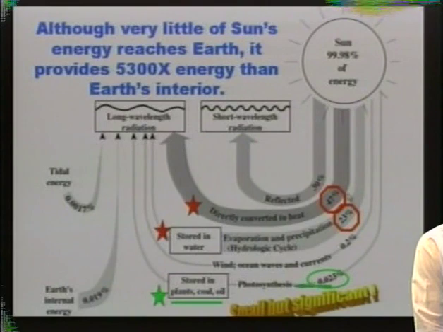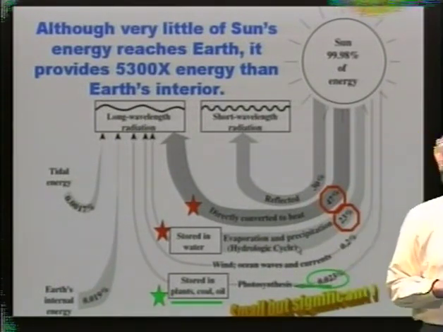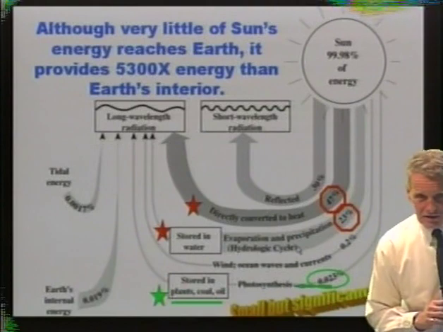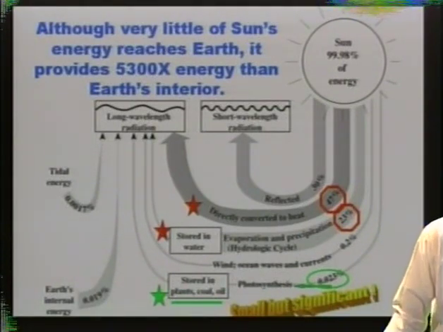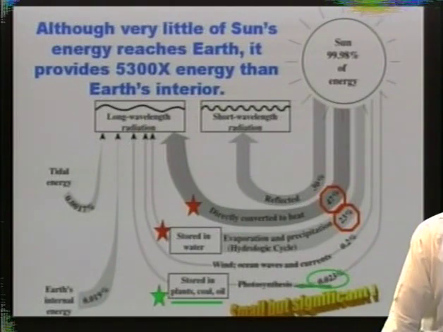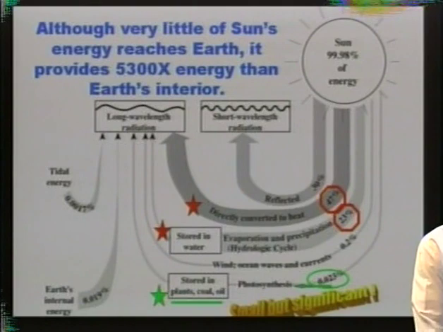Some of this energy is stored in another area, about 23% it says. Evaporation and precipitation gets caught up in the hydrologic cycle, and that wonder of what water does in terms of storing energy and redistributing that energy around the world, whether it be in clouds or in the oceans and so on. So it gets stored in water. We'll skip the wind. Not a lot of that really brought up into that, but let's take a look at